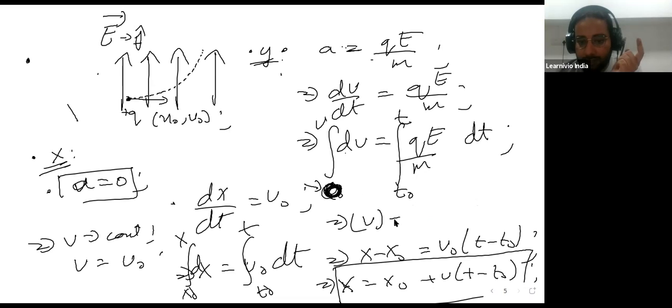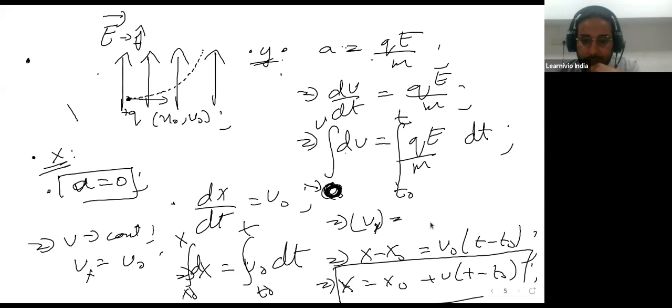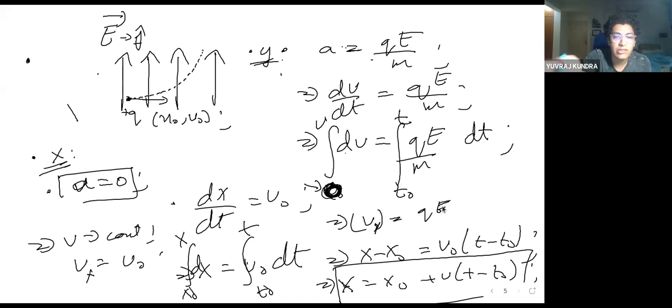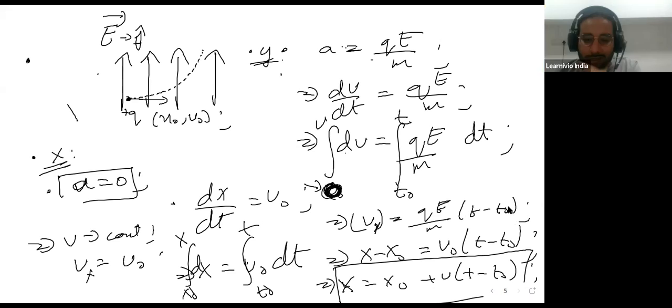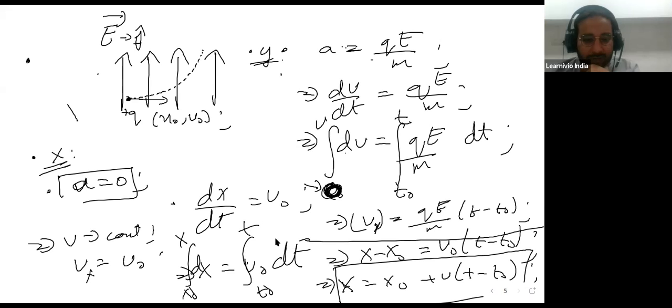V is equal to, so this is Vy. This is not really V. So this is Vx and this is Vy. V in the y direction. Yes. We have already mentioned that we are doing it along the y-axis. So that makes sense if you write it that way. It's always a good habit to name things appropriately, otherwise there is confusion.